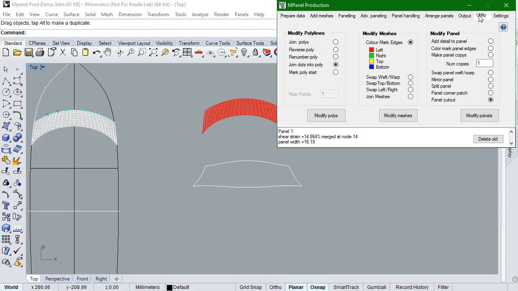On the Utilities tab, there's a new tool to add a panel cutout. That is a small shape cut out from the edge of a panel. Panel cutouts are useful because they let us make a fairly simple meshing and paneling of a shape without having to worry about odd cutouts that are needed at the bottom of the panels, and then the panel cutouts can